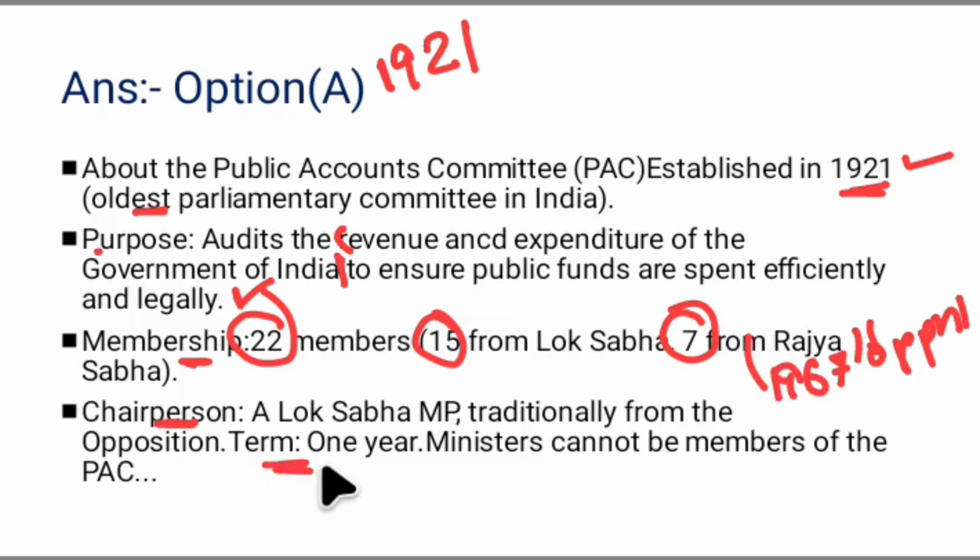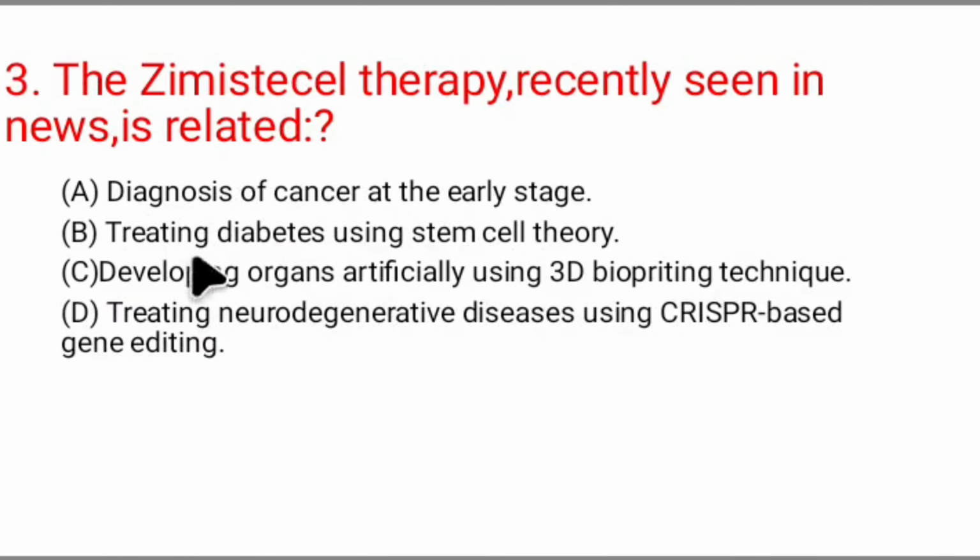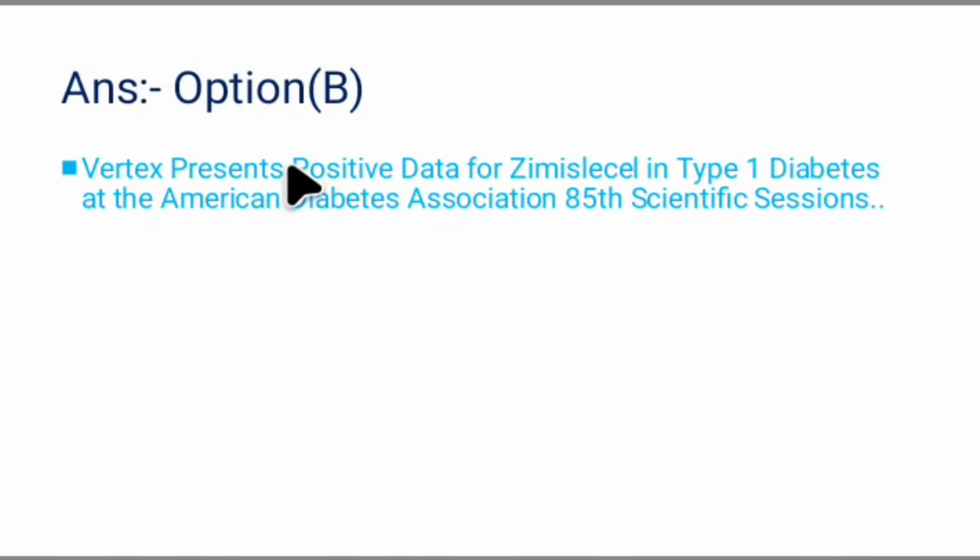And moving on, question number 3. The gemcitabine therapy recently seen in news is related to what? Why is this therapy in news? Because there is some research performed by the Vertex pharmaceutical company, wherein upon the completion of the research by conducting clinical trials on type 1 diabetic patients, it has concluded that